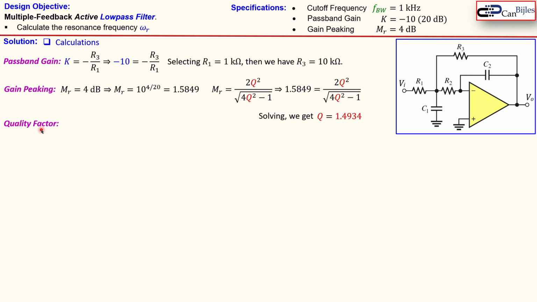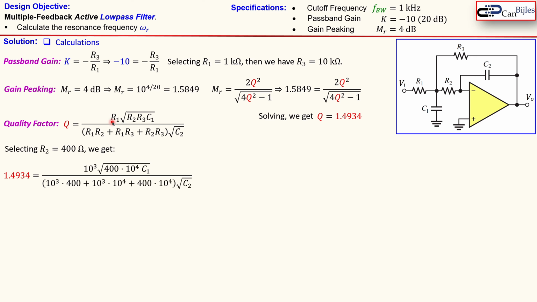Now, using the quality factor, we can move on and calculate other component values in this circuit. The quality factor for this circuit was this formula. You see here again the resistors and the capacitors in this formula. Now, in this case, I will select R2 to be 400. Let me first explain why I do this. We know the resistors R3 and R1, but we also need to know C1 and C2 and also R2. So we have here 3 unknowns and only one equation. So we need to select some component values again. So if I select 400, for example,